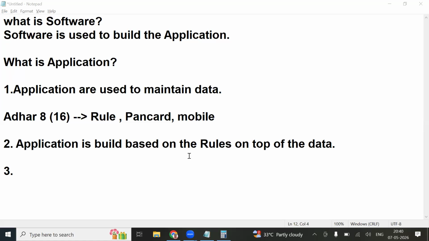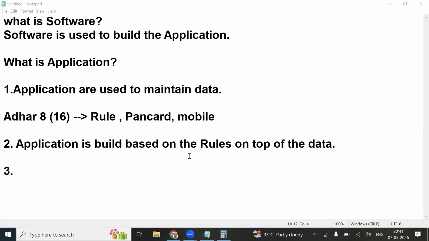Are we maintaining data? Understand my point? Irrespective of the technology you use, irrespective of the platform you use, anything and everything is based on data. If you understand data, it will be clear for what purpose you are building applications, and for what purpose software evolved in the market. Now you all understand why people are moving into technology.